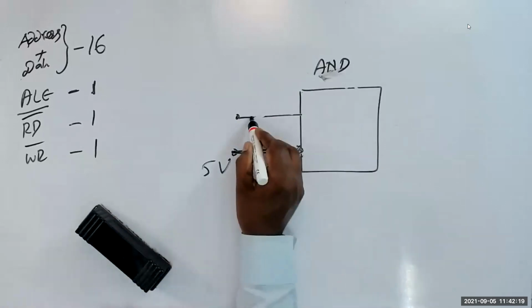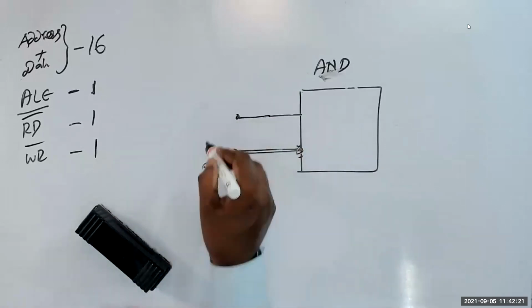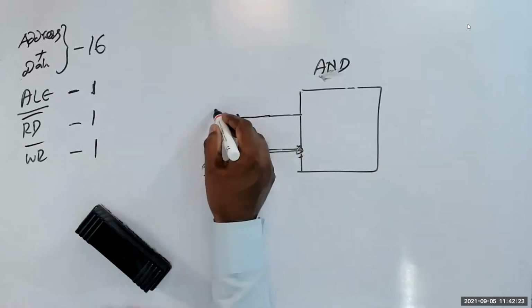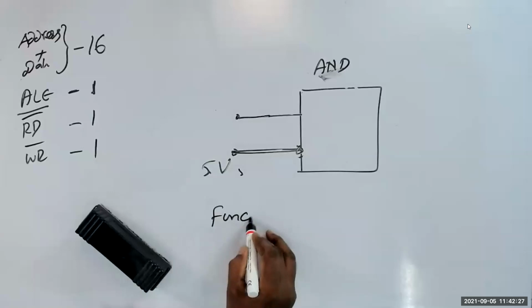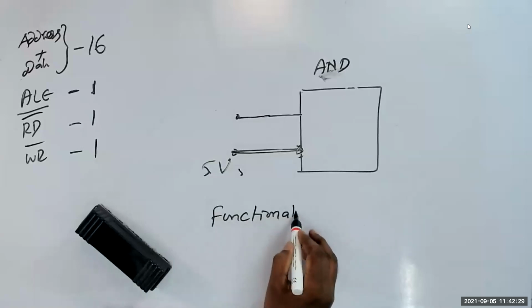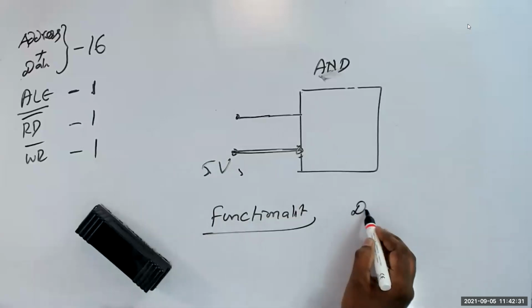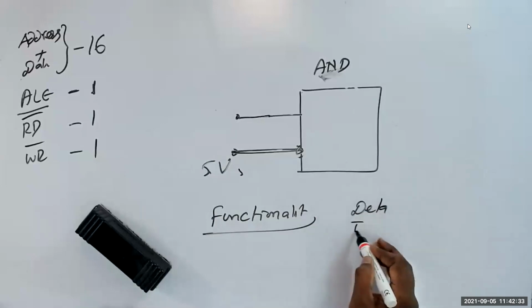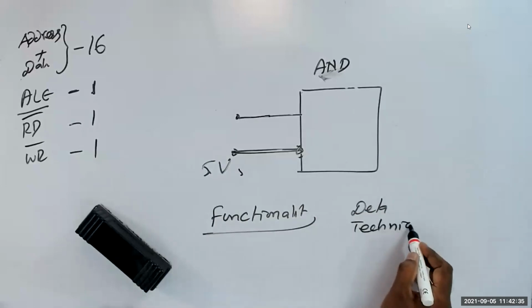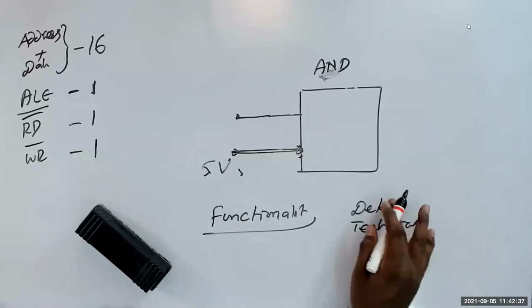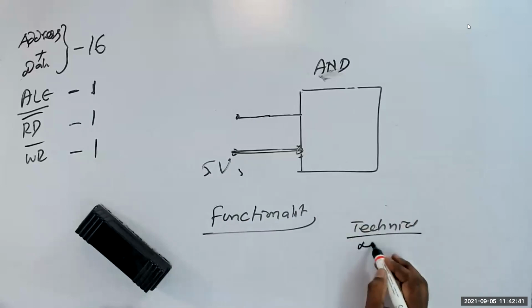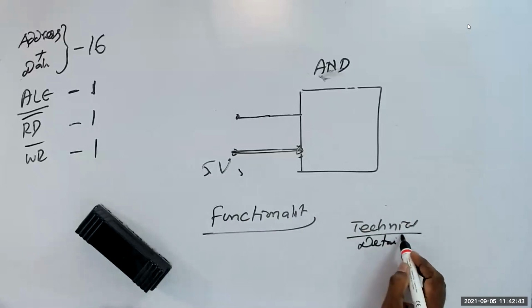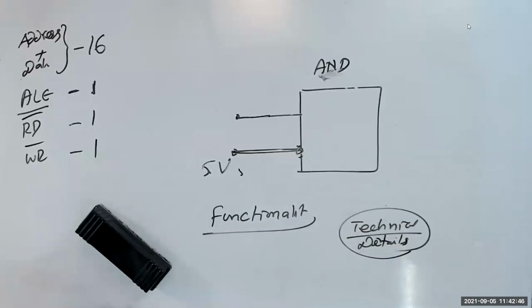Then there are two things. One is called functionality. The other one is called details. These are called technical details. Right now, I'm discussing top level functionality. So we'll discuss about